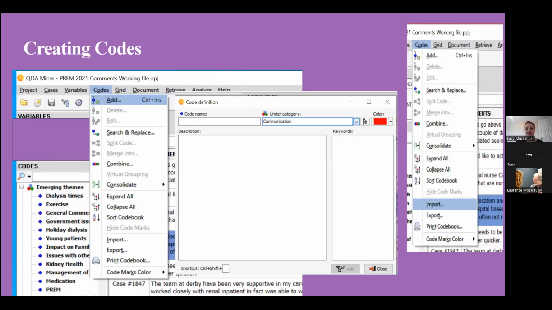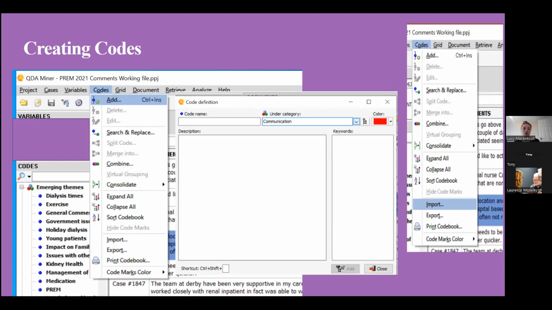So creating the codes, again, apologies for those who use QDA Miner, this is obviously very basic. So codes, add, and then you can name your code and you can select categories. QDA Miner has this really easy function for creating categories which your codes can sit under, and then you can also create categories underneath categories.